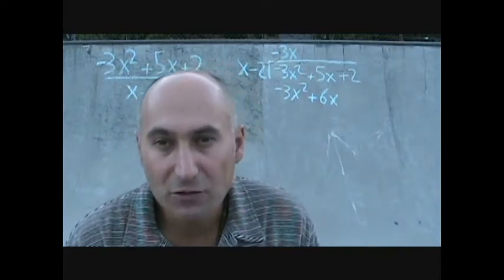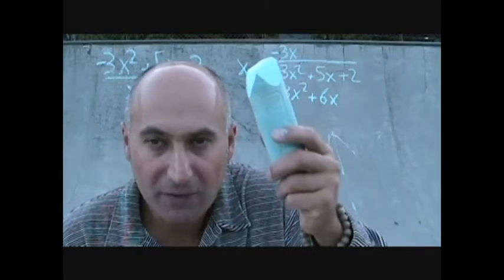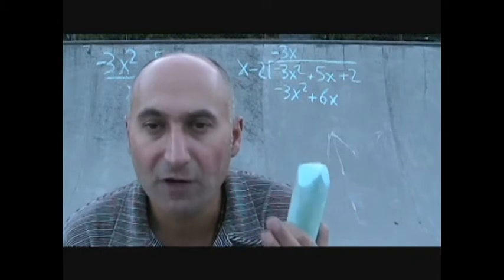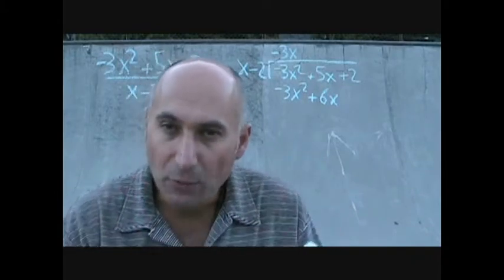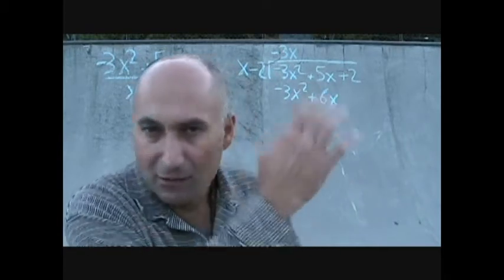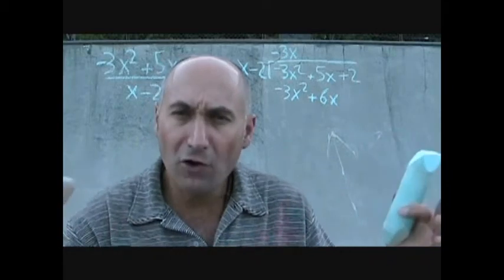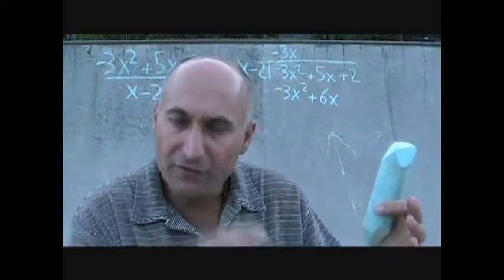So the way I like doing long division is, as soon as you do your multiplication, and trust me, this makes life a lot easier, you don't have to worry about a negative and a negative. This is a fairly simple, short one, but for long ones,